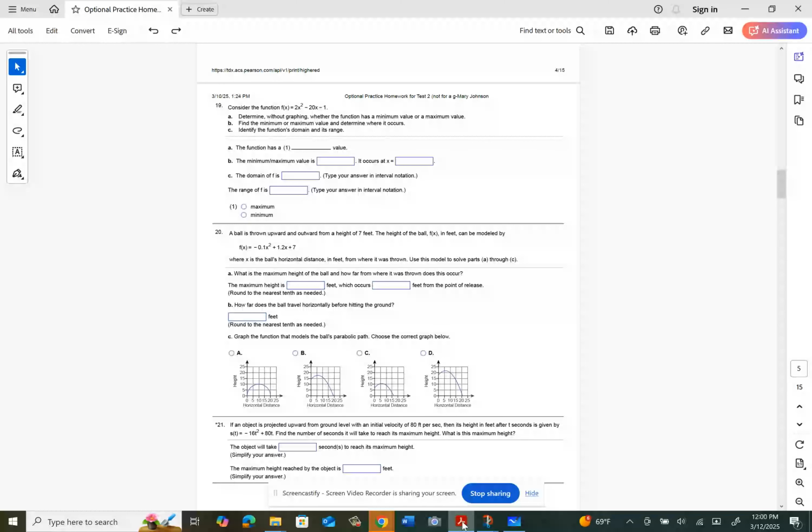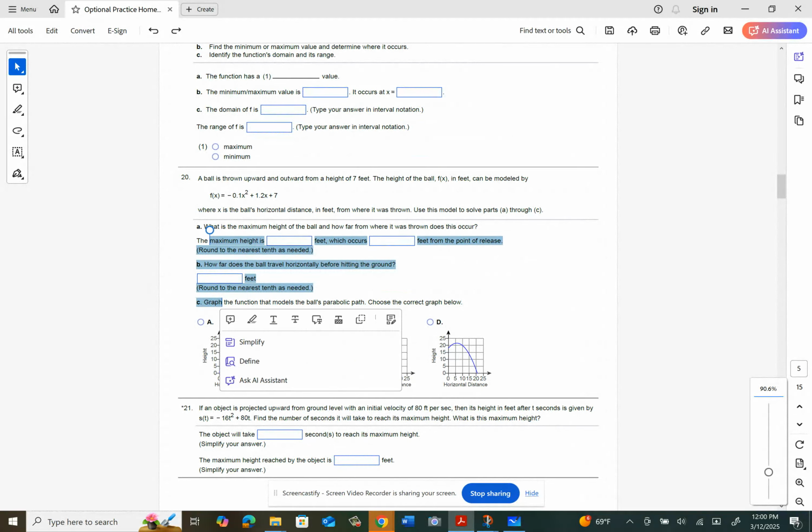All right, just a little bit more with quadratic functions. You also have questions that ask you to find the